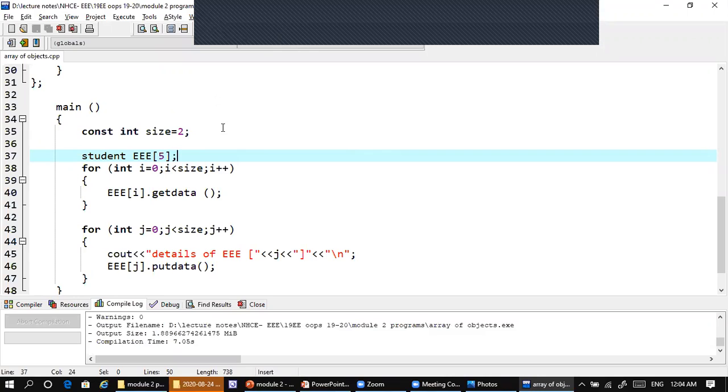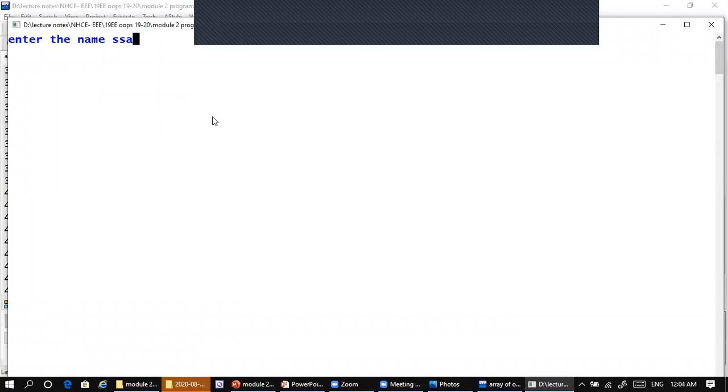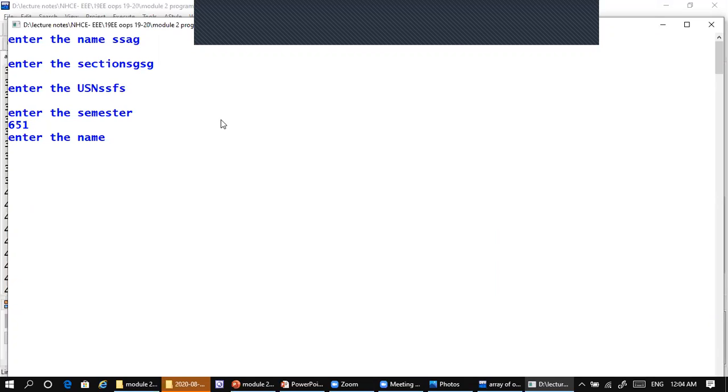I'm running the program again, and I specify some name, section, USN, then some value for semester. Then again it asks me to enter a name, so some other value. Then section also I can give. Then USN is given. Then enter the semester. I'll give some number.